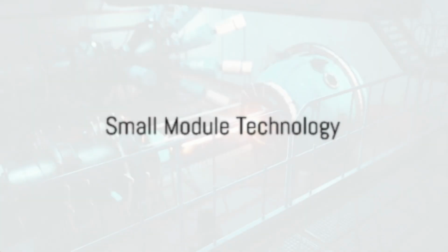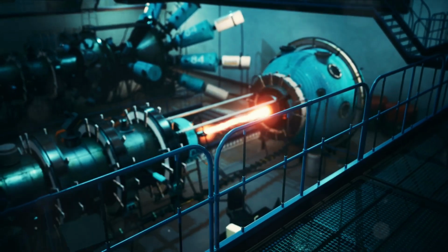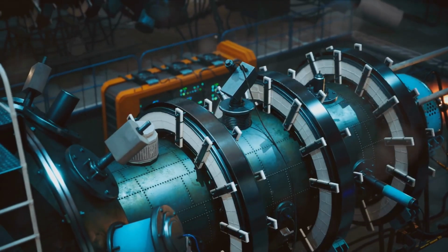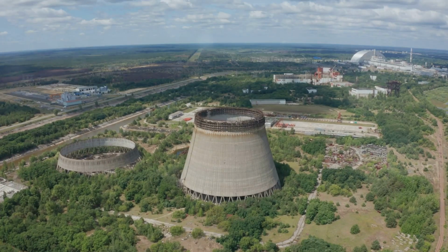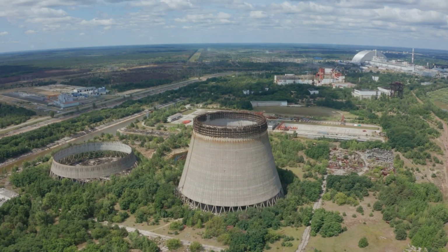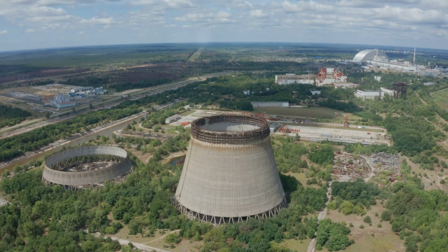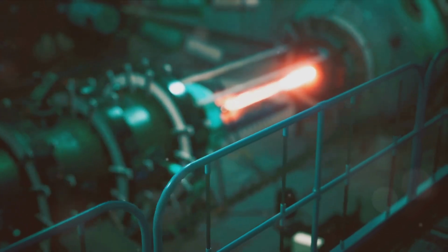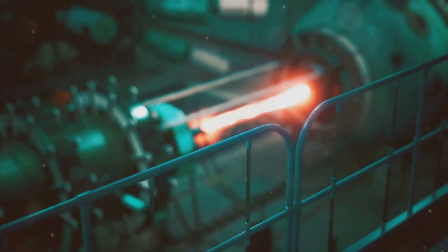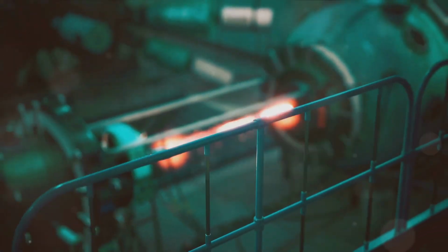The concept of small module technology, such as the Power Reactor Innovative Small Module or PRISM, was introduced to promote a cradle-to-grave approach to the nuclear fuel cycle. This means that reactors could be provided to developing nations and they wouldn't need refueling for 10 to 20 years. This idea was backed by Tom Sanders, the manager of the Global Nuclear Futures Program at Sandia National Laboratories in